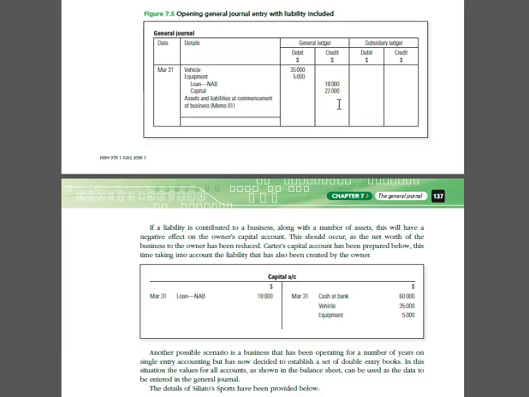So it might be that the vehicle was purchased partly with finance, so that $35,000 might be the agreed value, or it could be market value, and this just could be the corresponding liability against that asset. So it is right to do that if the business owns or becomes the legal owner of the asset, then they also become the legal owner of the debt attached to that asset. So we do include that in our opening accounts, and as you'll just see, then in our capital account, all it does is